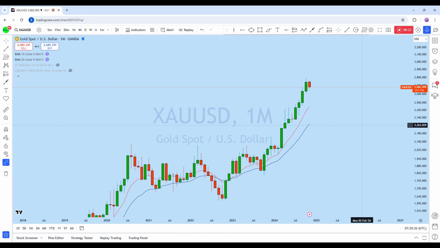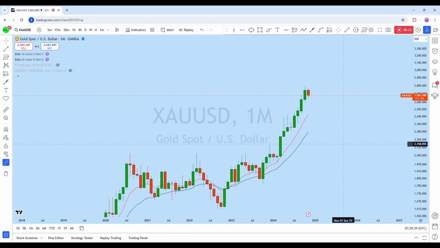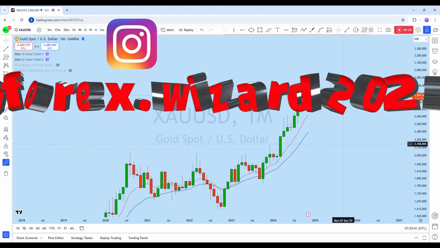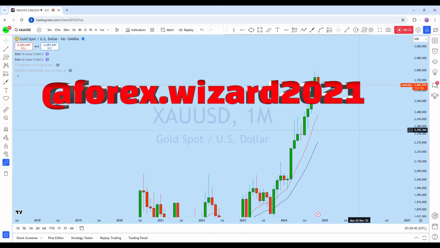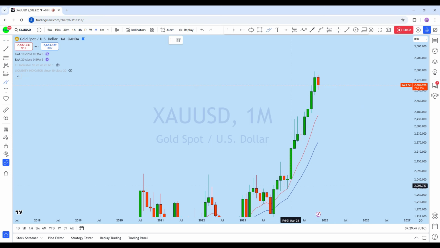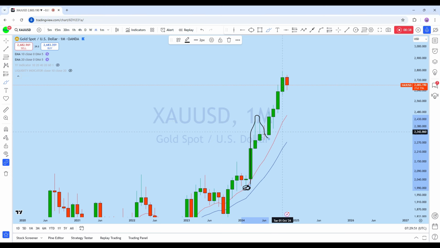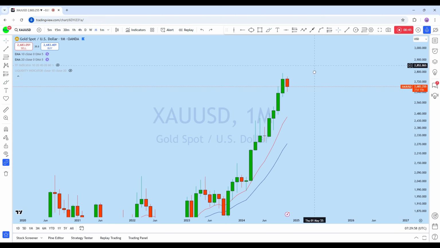Now from the monthly perspective, we can see that XAUUSD is currently overextended. We might see a potentially deeper pullback in this market. If we look at this support level, we can see that there was a strong breakout followed by this pullback, and the market is in another impulsive phase where this month, once the market opened, the prices